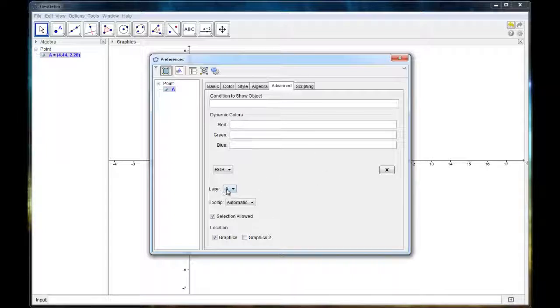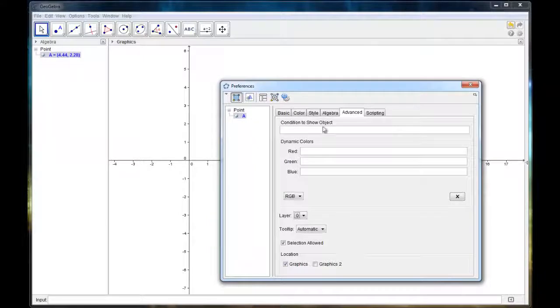Just quick, the layer thing, you can set objects to be under a certain layer, and that creates, or I guess determines, how they overlap. The highest layer, so the layer that's farthest forward, is 0, and then as you go down they layer deeper that way. So this is pretty self-explanatory. You can play around with that. By default, everything's just set to layer 0. So the first thing that we should look at is the condition to show object